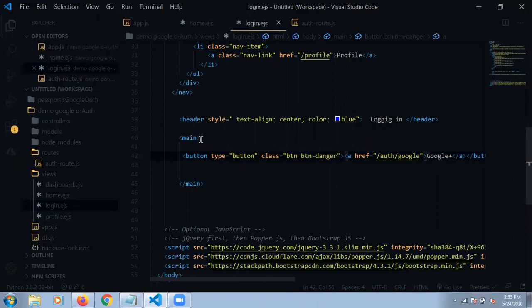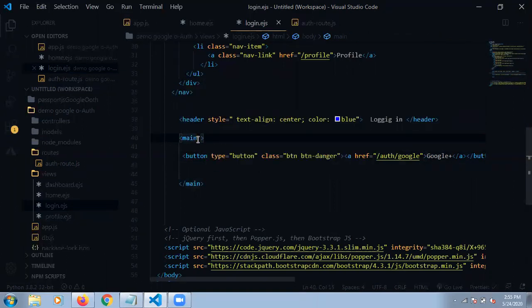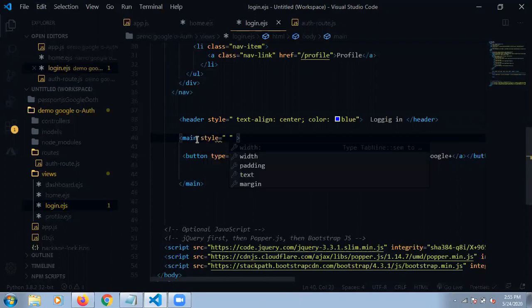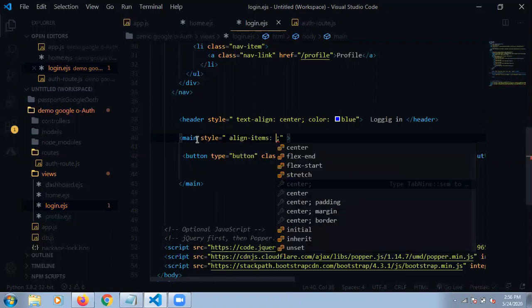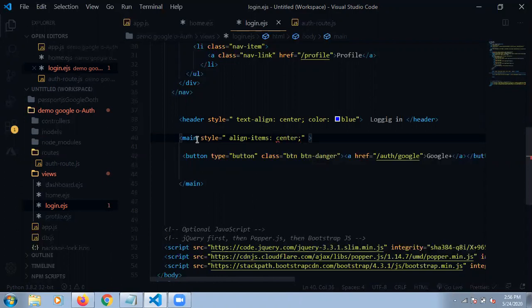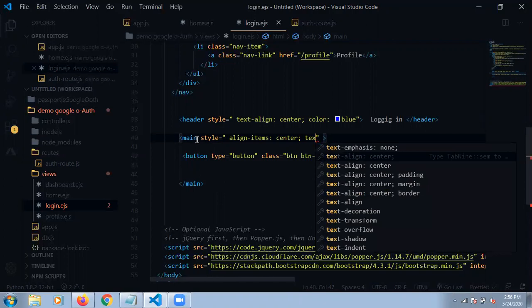The same here for the button, style, align items in the center, and text align also center.